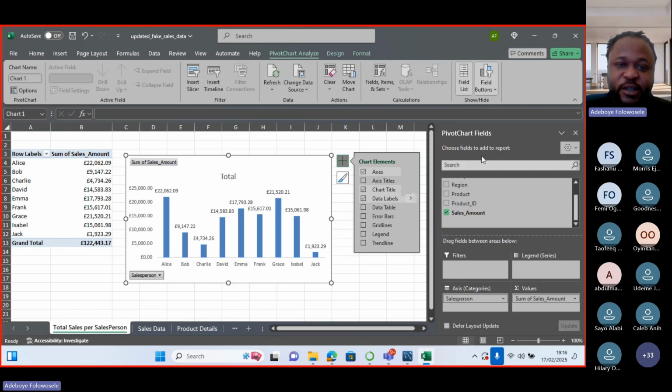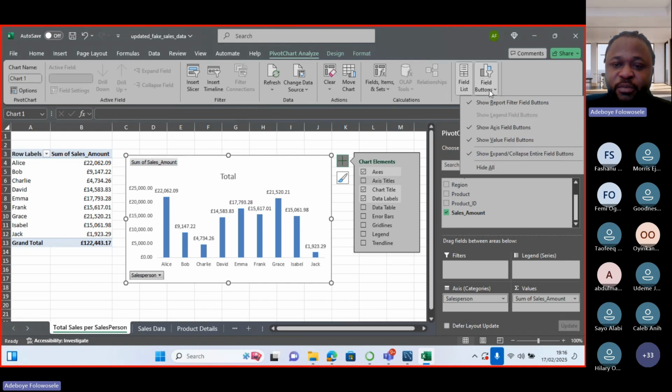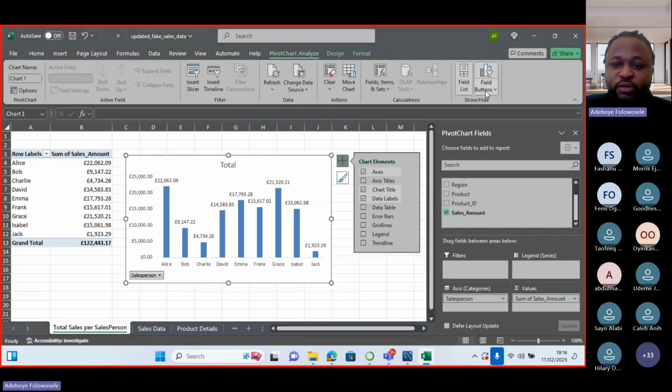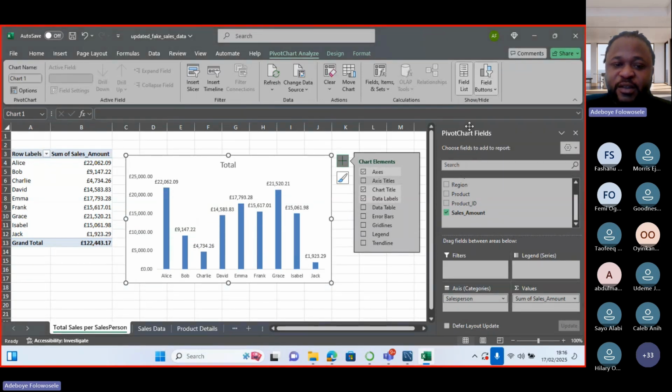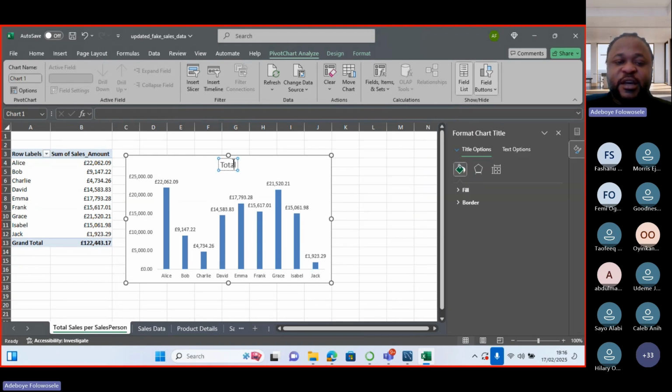So I'll click on the pivot chart, analyze, then click on the field button. Then I will remove show value, remove show expand and remove show axis button. So then I can rename this as